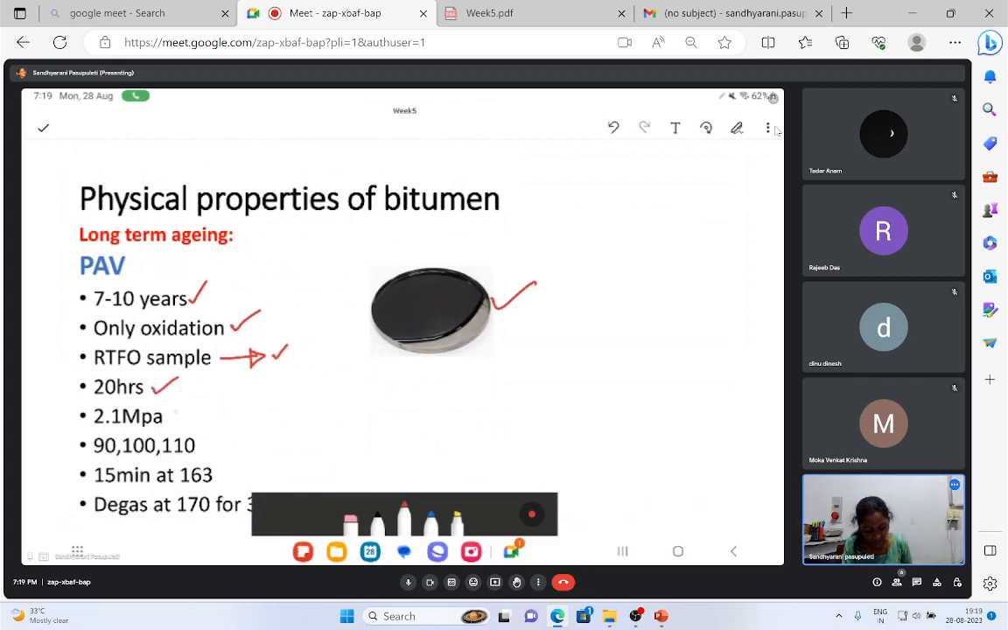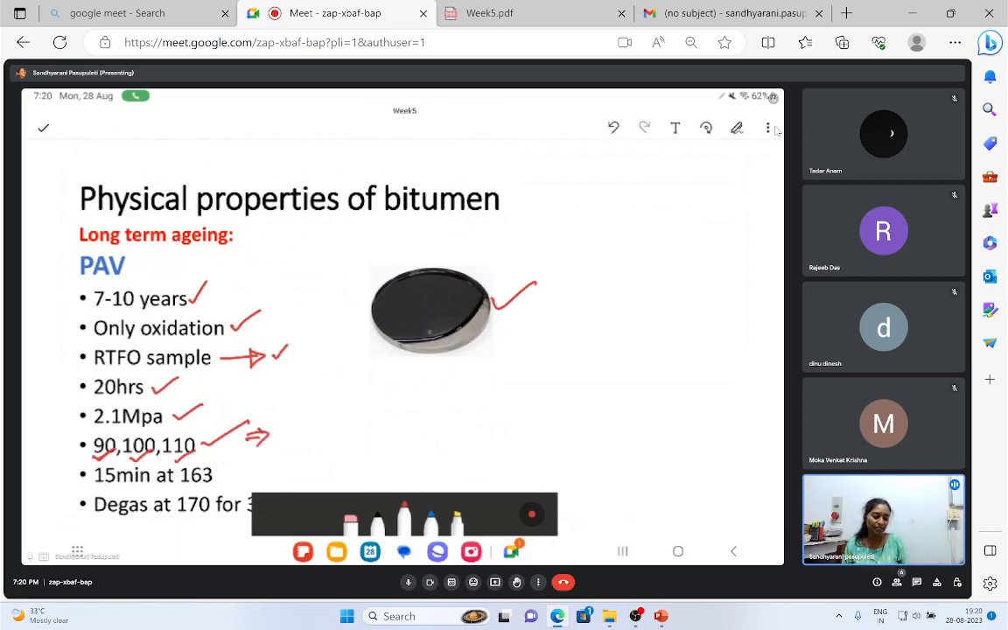For 20 hours, expose it to a pressure of 2.5 megapascals. This pressure is to simulate the exposure of oxygen to the bitumen. Then you can conduct this test at multiple temperatures depending upon the location where you want to use this bitumen. If it is a low temperature region, 90, moderate 100, higher means 110. Then you take it out after 20 hours, because you are conducting it at around 90, 100 or 110,